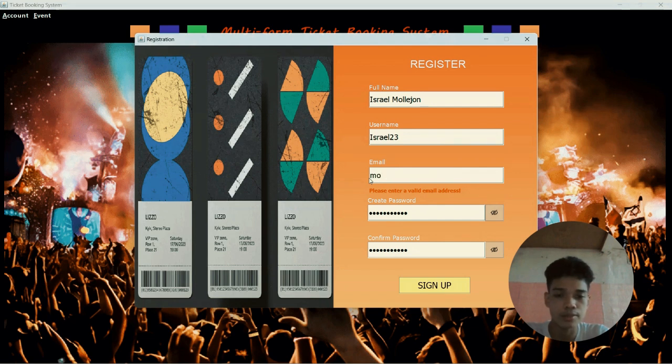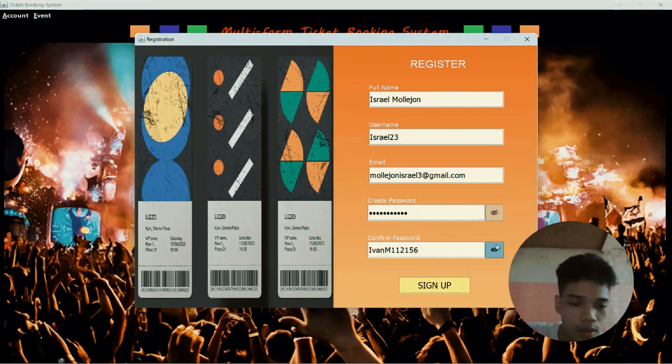It's the same for the other fields, like create password and confirm password. So I'm going back to my email. We also have here a toggle button to hide and show the password.